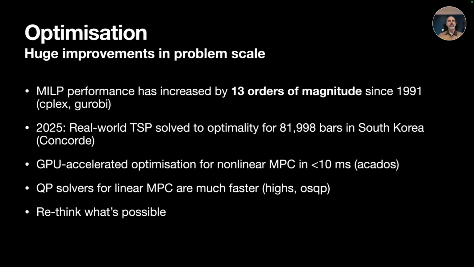A concrete example is that one of the classic examples of an intractable problem is the traveling salesman problem. And that's usually in the context of being able to just approximate solutions. People will say, well, this is NP-hard, you can't really solve it. But in 2025, the Concorde solver solved a problem of walking between all the bars in South Korea, which I'm still surprised that those researchers didn't just open 2 extra bars to get a nice round 82,000, but 81,998 bars in South Korea.